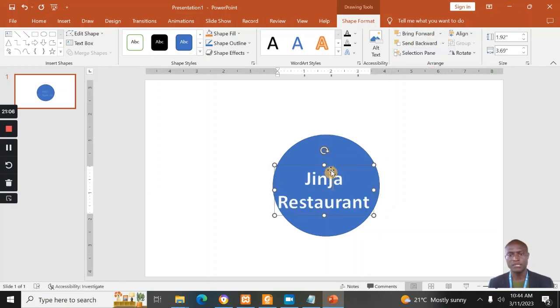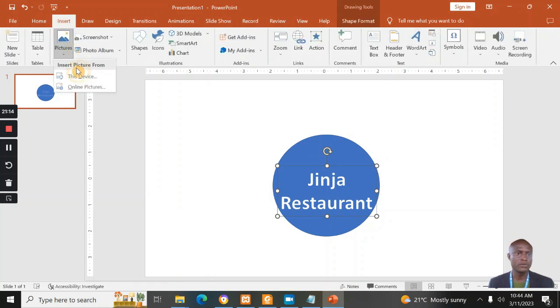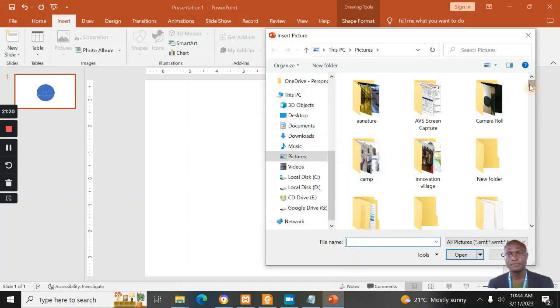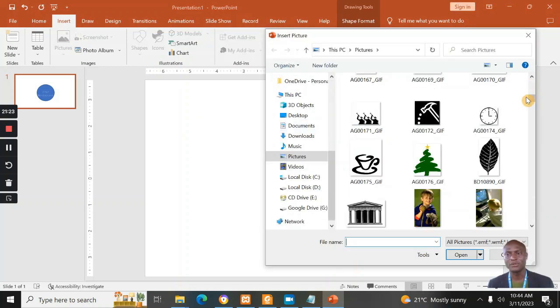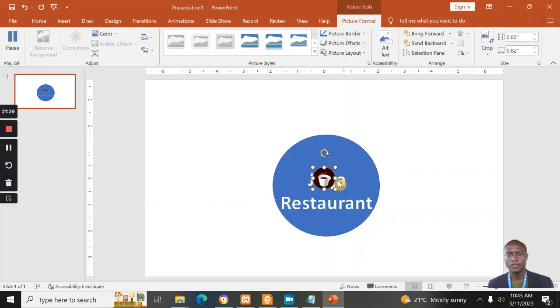Okay, then I'm going to put there a cap, so I can pick from my clip art. So this could be a logo, can be anything simple. So let me just get this cap and I put it there. Okay, so I have my cap here. Ginger Restaurant,